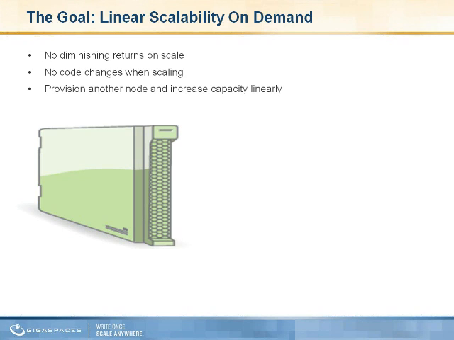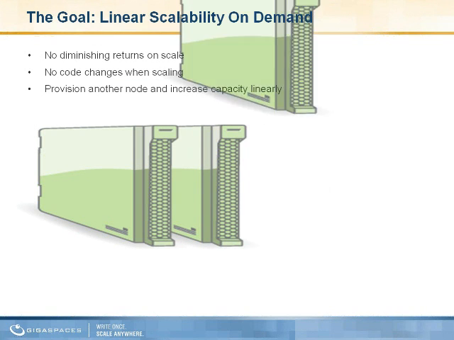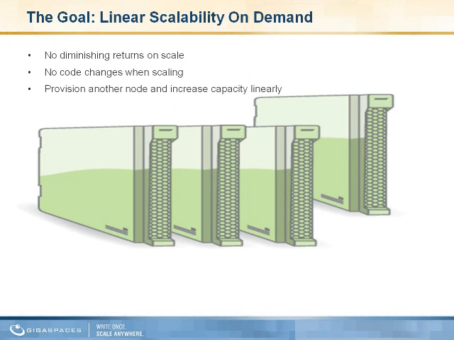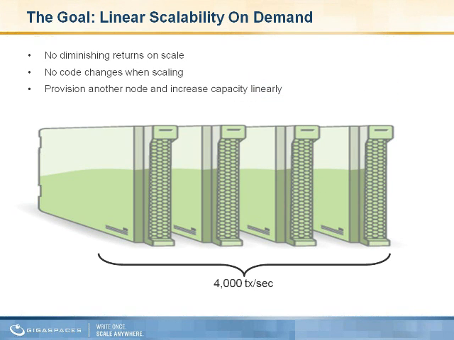So what do we want to achieve? We want to achieve linear scalability on demand, meaning I essentially stick another server, or in the case of the cloud, and specifically Amazon EC2, I simply provision another server, request another Amazon machine image instance from Amazon, and scale linearly. So if one server or one AMI in the case of EC2 can process 1,000 transactions, 2 can process 2,000, and so on, there are no diminishing returns, and I can scale on demand. And by the way, I want to be able to do that without changing the application code.